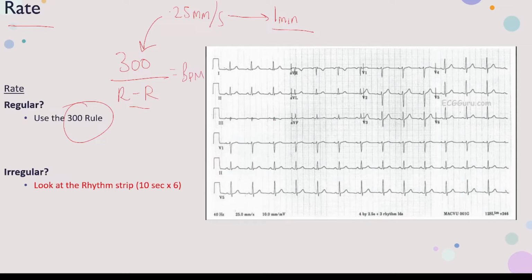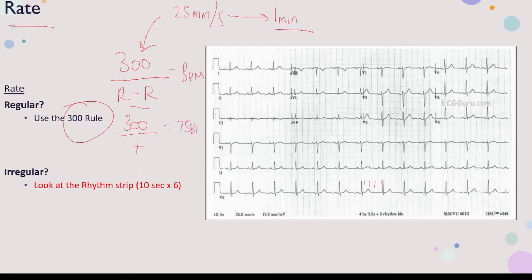So how do we do this on the ECG? Let's try and find one R to R interval, and this is a good example here. You generally want to find R waves that overlap with a bold line. So here we can calculate the large boxes between, so we have 1, 2, 3, and 4 large boxes. So let's do 300 divided by 4 large boxes, and that should come to around